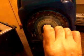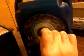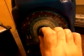Puts out quite a good volume too for a dynamo radio. Okay, on the back here is the dynamo crank. It's kind of hard to crank it, and the radio keeps moving around, so I won't bother showing you. But it is quite a nice, solid radio. Actually,